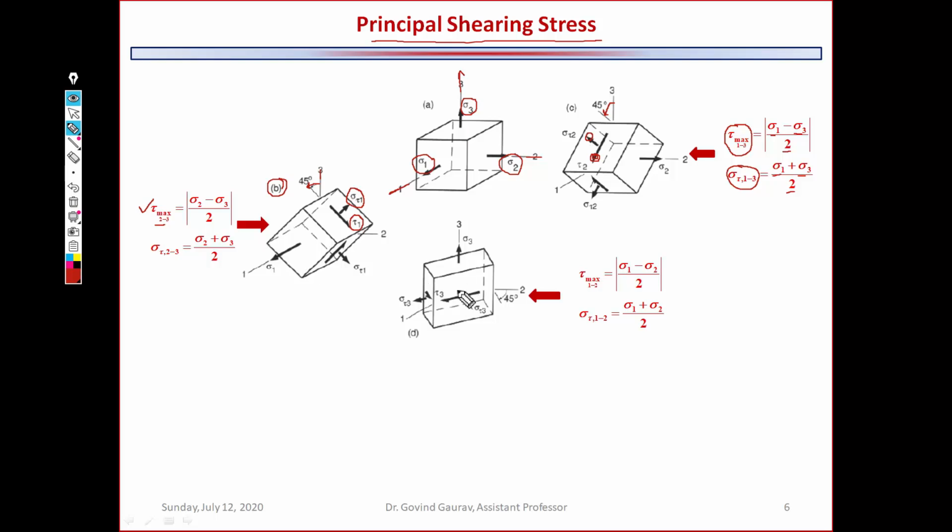The third one is the case when we are interested in calculating the maximum shearing stress on the plane 1 2. In such a case, the maximum value is sigma 1 minus sigma 2 divided by 2, and the normal stress acting on that plane is sigma 1 plus sigma 2 divided by 2. In such a case, the planes of the maximum shearing stresses are inclined at an angle of 45 degrees with respect to the